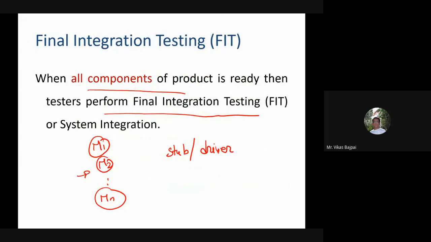But final integration testing starts only when all the components are ready, because now I'll not deal with these stubs and drivers. These are the alternatives when some components are not available, and then I'll go ahead with final integration testing.